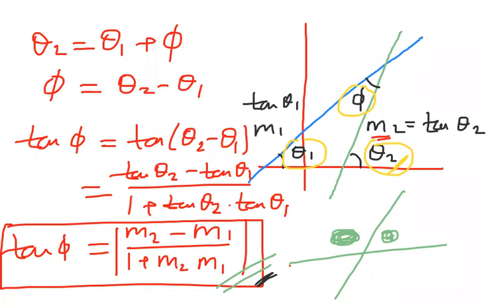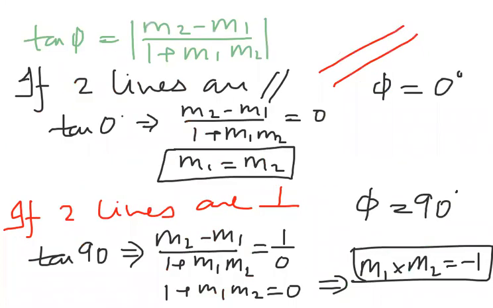If you know this identity, then only you will be able to do the question. So please take care of this, practice well, revise, then only we will be able to remember. The slopes of two parallel lines are equal, and the product of the slopes of two perpendicular lines is minus 1. The product of the slopes of two perpendicular lines is minus 1. So all this you must be able to remember.